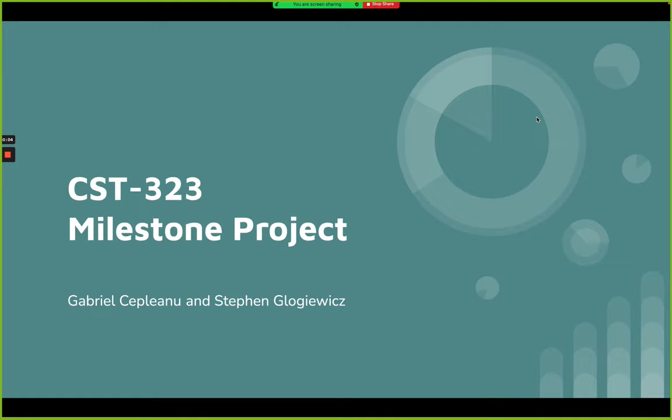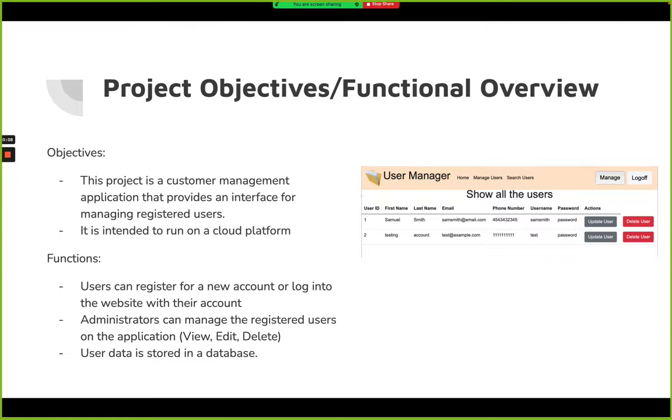This is the CST-323 milestone project. The project objectives and functional overview: this project is a customer management application that provides an interface